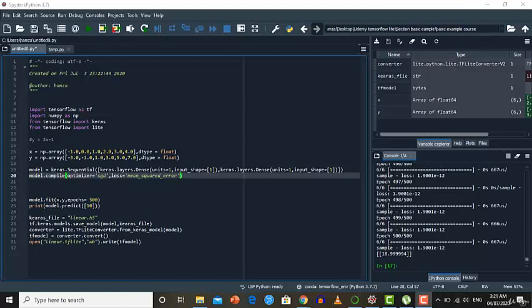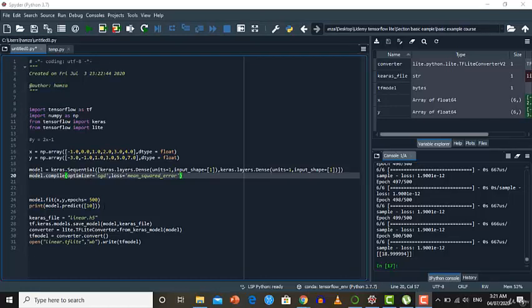After training our model, we will test it using the model.predict function, and here we specify the value for which we want to test our model. As our model is trained on one feature, I specified a single array with the value 10, as we want our model to return the result for this value 10. For this 10, the result should be 2x minus 1, which is 2 into 10, 20, minus 1, 19. So the result should be nearby 19.